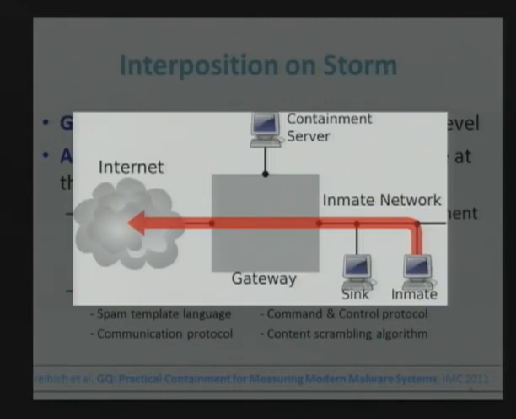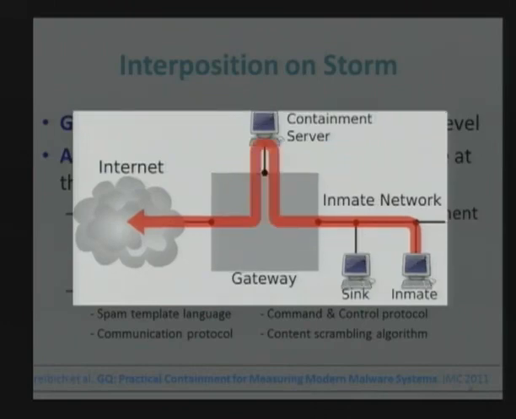But then what we can do is take a look at every flow that comes out of these pieces of malware. We can make a decision based on the flow, based on the content of that flow, whether we want to, say, allow that message to go out into the internet unmodified because it's, say, a command and control message, or we can also just as easily take a look at that message based on either where it's addressed or what the body of it is, and then say, oh, well, we'd like to change the contents of this message, but then fix up everything at the network layer so that the infected virtual machine thinks it's sending message A,